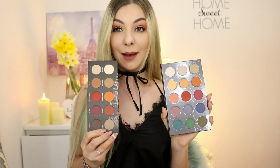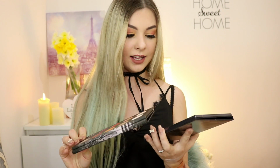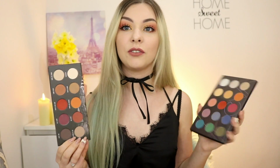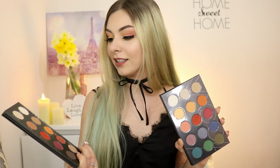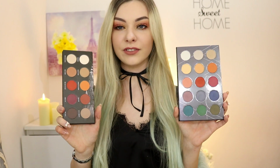Now the color that is absolutely the same in both palettes is the red color, and there's nothing to say about this color because it's absolutely the same, so it makes no difference to me in which palette it is. It is very pigmented in both palettes and it's wonderful. Now the rest of the colors